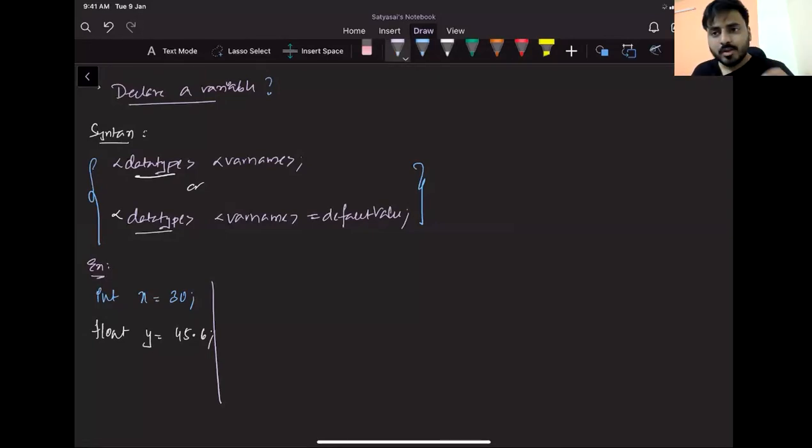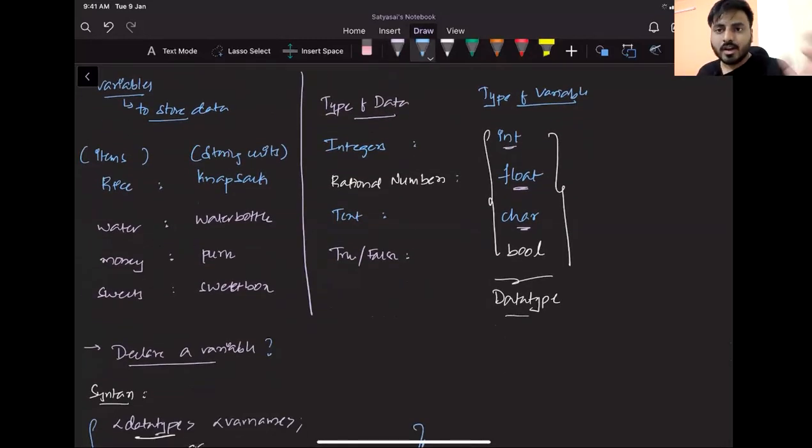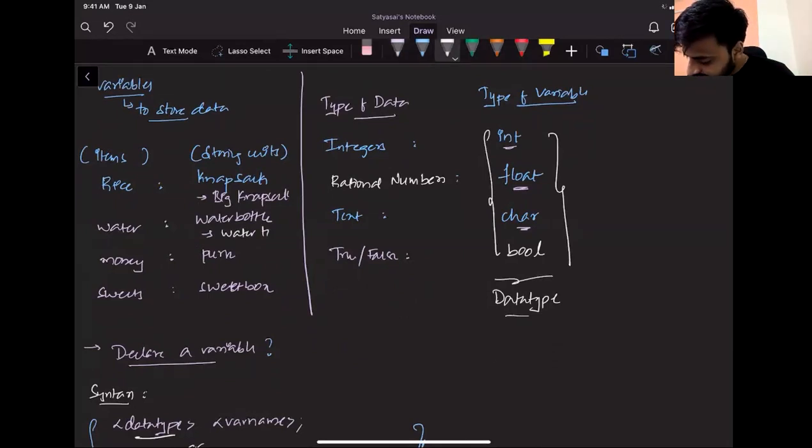Now, let me give you one more small scenario. You want to store rice, fine, you're using a knapsack. If you want to store maybe 20-30 kgs of rice, in that case, can I say you'll use a slightly bigger knapsack? Similarly, if you want to store 20-30 liters of water, you'll use water tins. If you have a lot of money to store and protect, then you'll use banks.